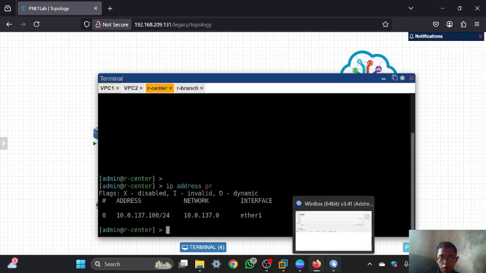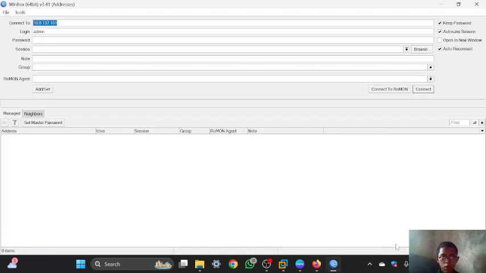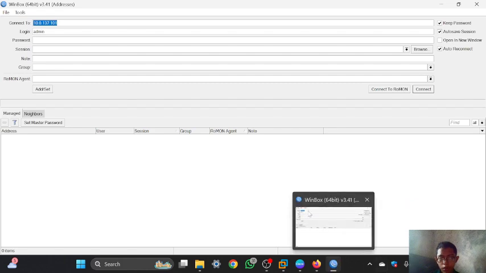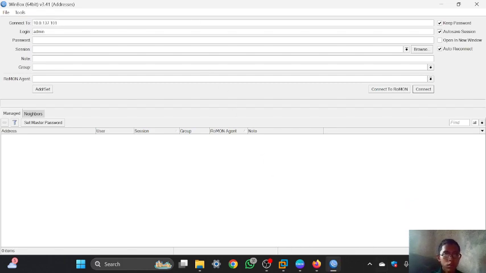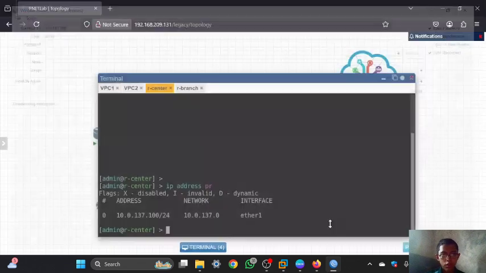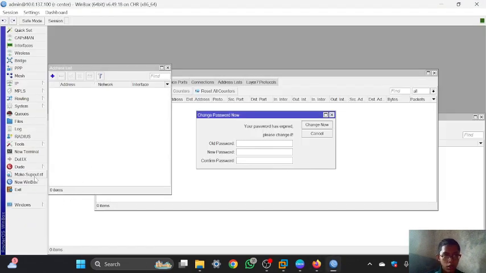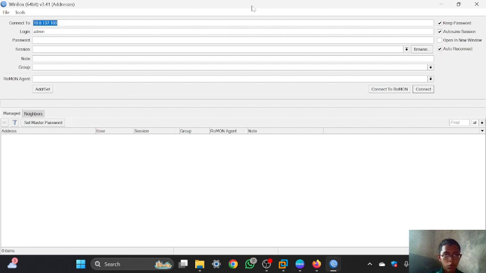And next I will open the router in the Winbox. I will connect to the first router, and then you can go to new Winbox and change the IP with the IP of router branch.